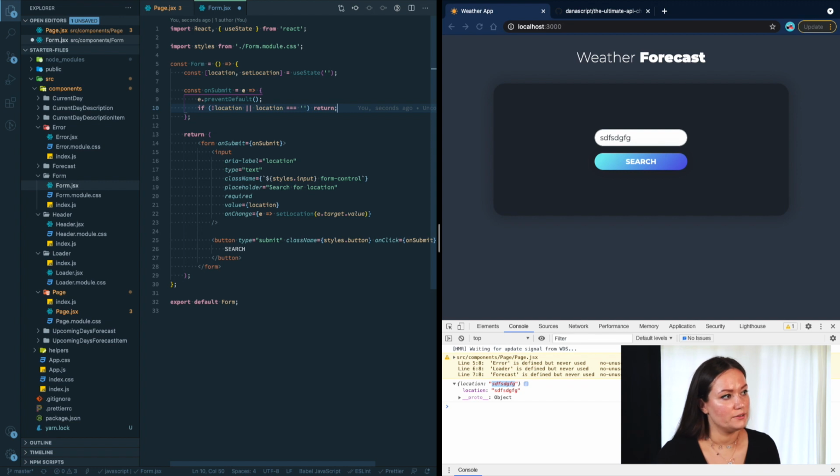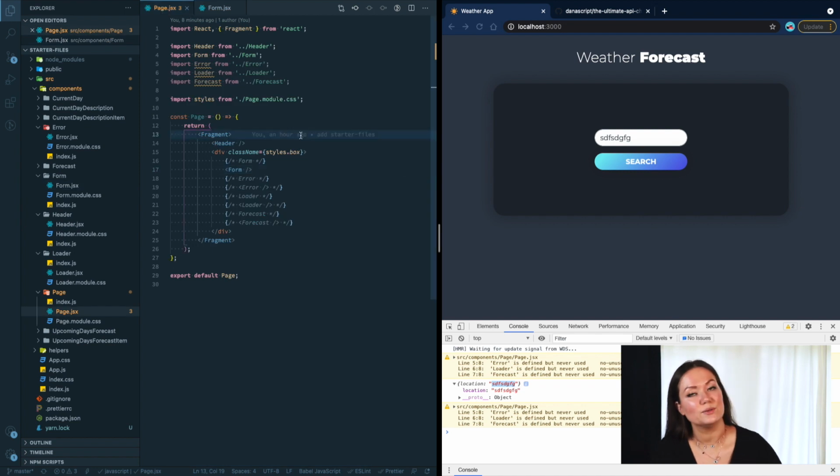Okay, but now that we have this, how do we send it to our API? What do we do? Let's get to that part. For that, we need to go back to our page. This is going to be our main component where we do all the operations or receive all the needed information. This component is going to bring the information further to the right smaller components. In React lingo, this is the parent component. In order not to do all the API calls and all the data manipulation